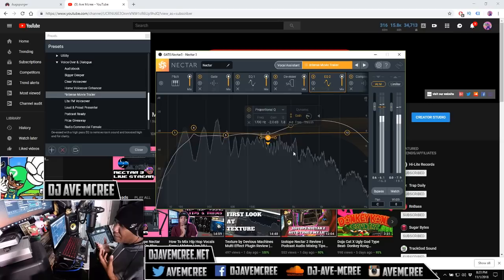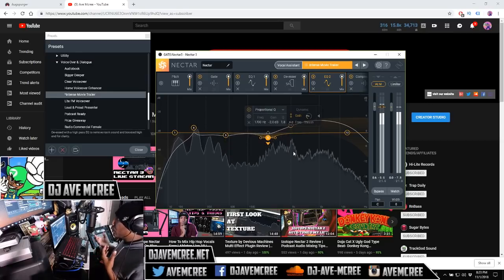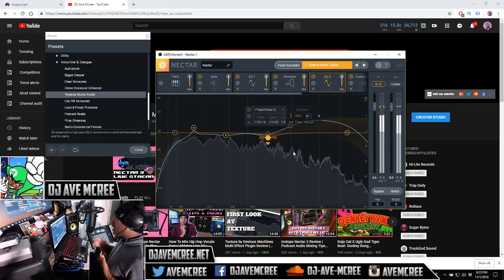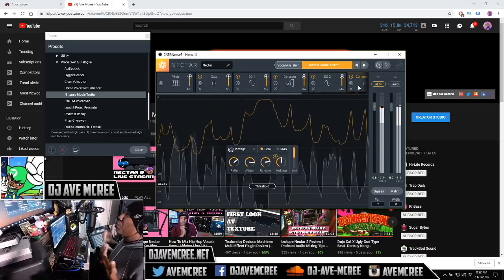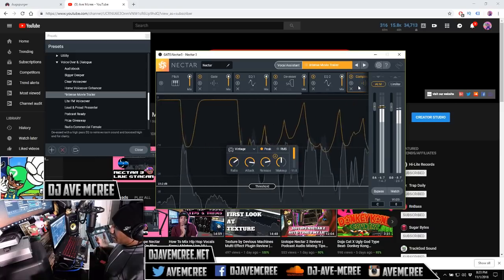Waves Audio is the only other company I know of that has a dynamic EQ. Of course, some people just use a multi-band compressor for that type of job, so that's a great addition that they did. I'm doing all this hand waving. But anyway, moving forward here, as you can see, they have